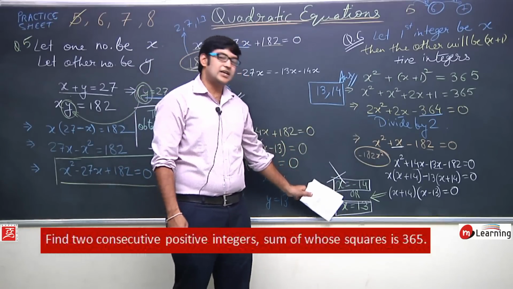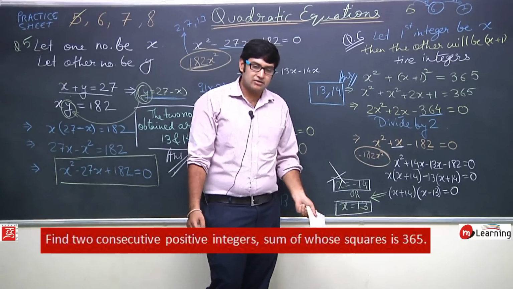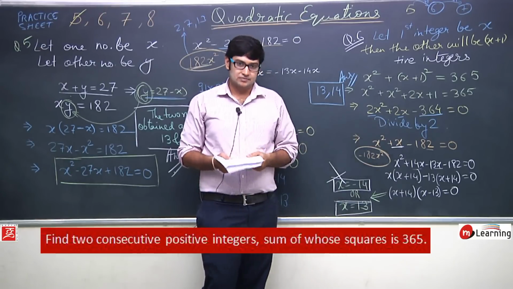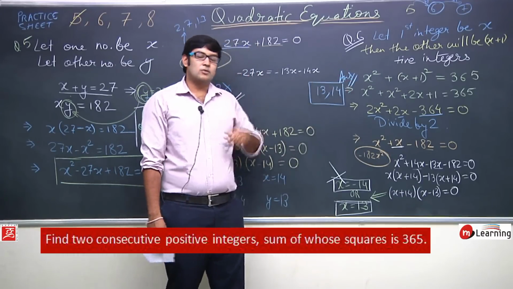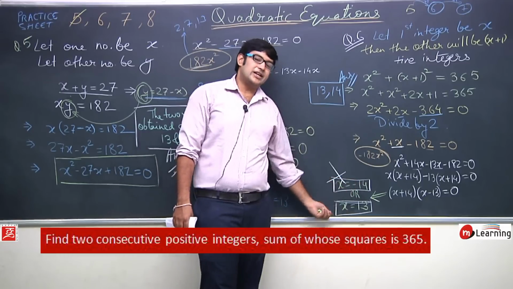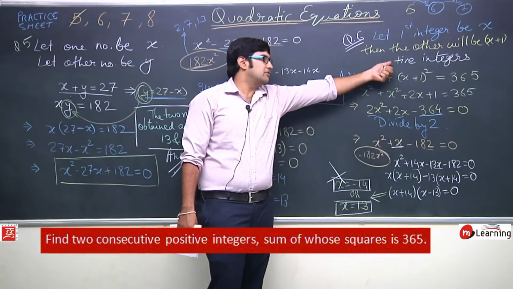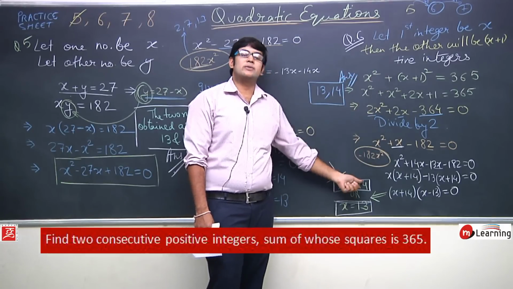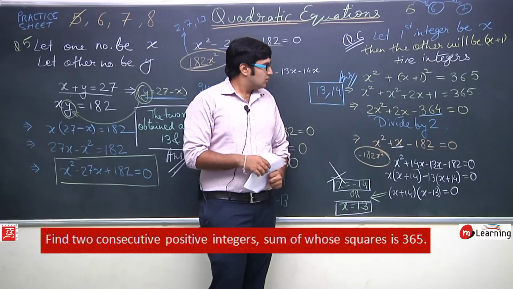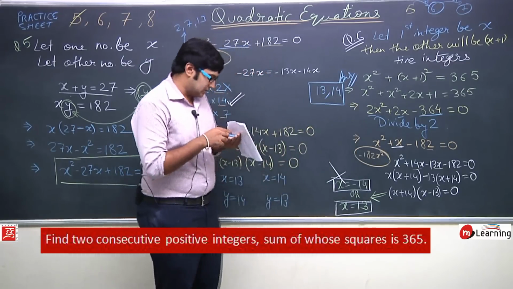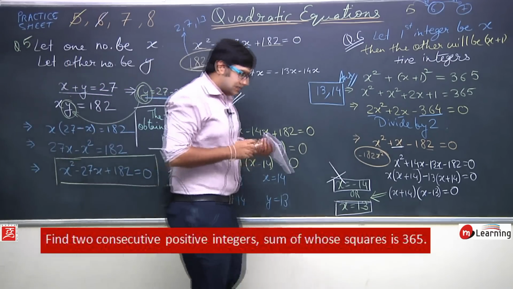Question में सबसे ज़्यादा ट्रिक यहीं पे थी, बाकी सब क्वेश्चन में इजी था. You can easily determine the quadratic equation. You know how to solve the quadratic equation. But which answer to choose is the basic question in this problem. You can see x is minus 14 and x is 13. I am neglecting x equal to minus 14 because we want positive integers only. Hence x equal to minus 14 is discarded. We have used only x equal to 13. So in this manner we need to solve question number 6. So we have solved question number 6. So first इसे note कर लीजिए, then we will continue.